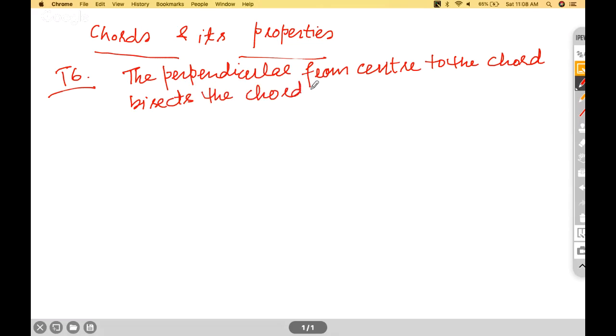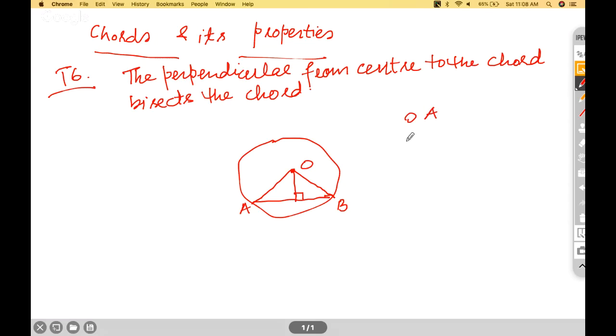You draw a chord here, and this is O, this is A, and this is B. You draw a perpendicular from here. What I need to do is draw these 2 lines, and then I'll have 2 triangles. So I take triangle, suppose this point is P. So I take triangle O